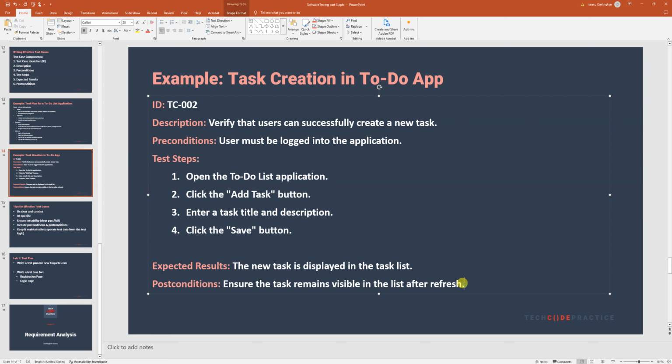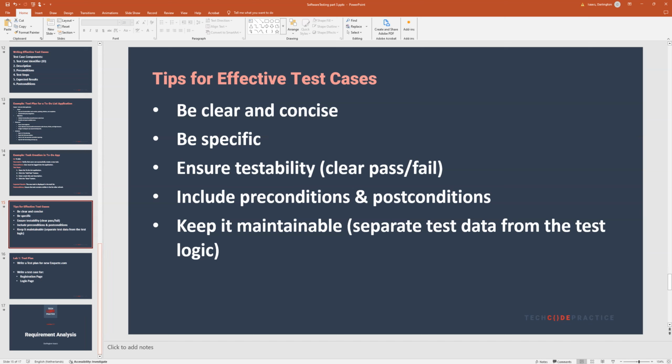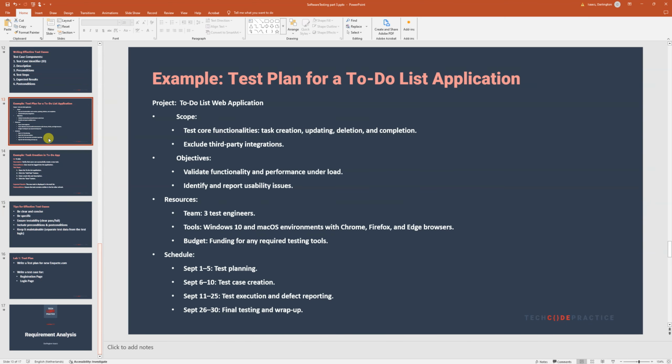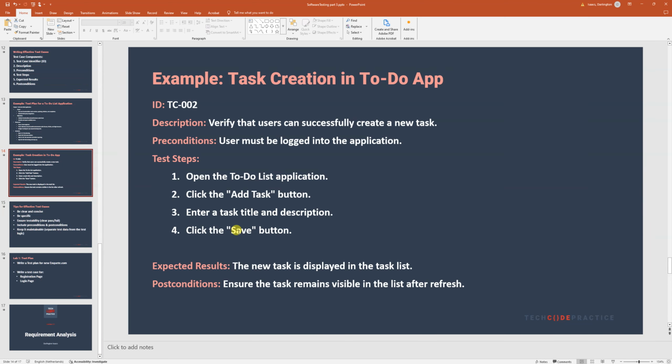So what other tip do we have? We also want to keep your test case maintainable. So you want to decouple test data from the test case. Use separate sections or documents for test data to simplify updates when requirements change. So what we are learning here is in your test case, you don't want to put data directly into your test steps. I know in some cases we did that in our last test, but if you want to make your test maintainable, you want to keep your data in a separate